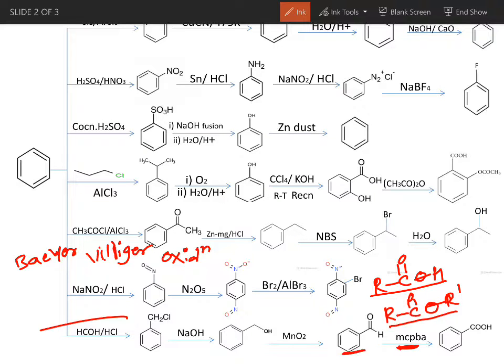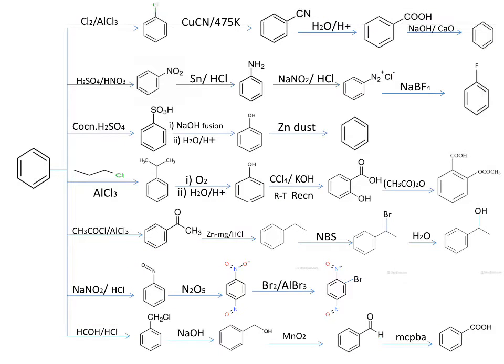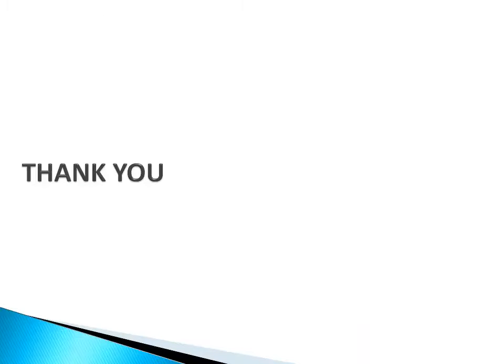In this case, benzaldehyde is reacted with metachloroperbenzoic acid, and since it is an aldehyde, it will get converted into carboxylic acid and form the compound benzoic acid. So these are some important reactions of benzene. Still, many reactions are there that we'll see in some other classes. Now today these are some important reactions of benzene. That's all for today. If possible, we'll continue with this type of reaction. Thank you, one and all.